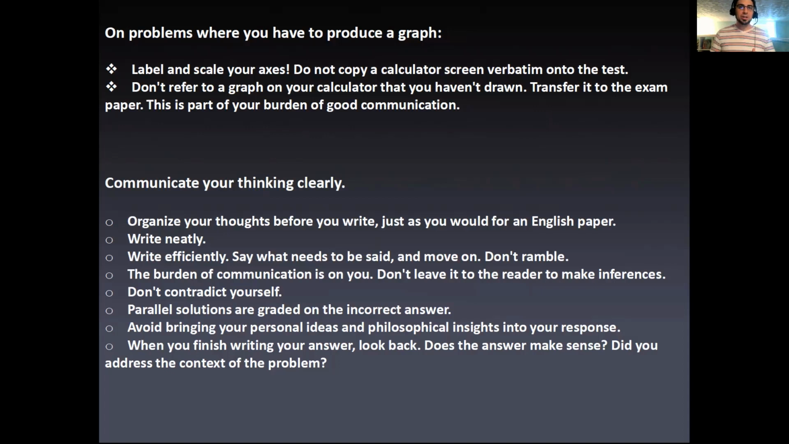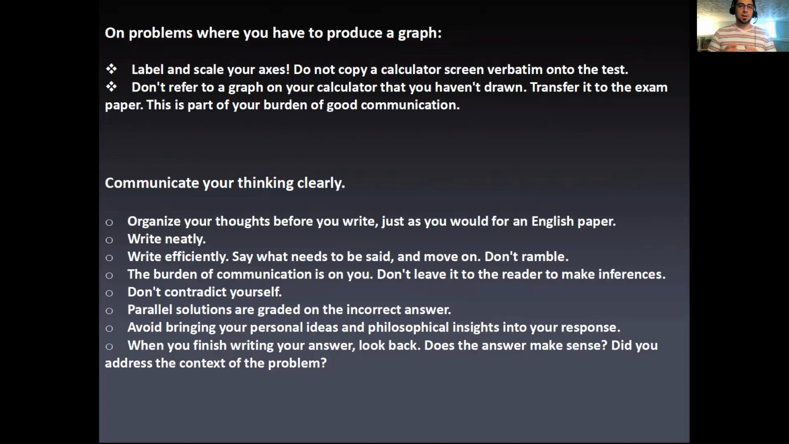Try not to contradict yourself. Don't say one thing and then another. I've seen students do this. And this is a very technical piece of statistics, being able to communicate ideas clearly without contradicting yourself. Parallel solutions are graded on the incorrect answer. That means if you show 2 ways to do the problem, or 2 aspects of the problem, and one of them's right, one of them's wrong, they're going to grade the incorrect one because you did have something